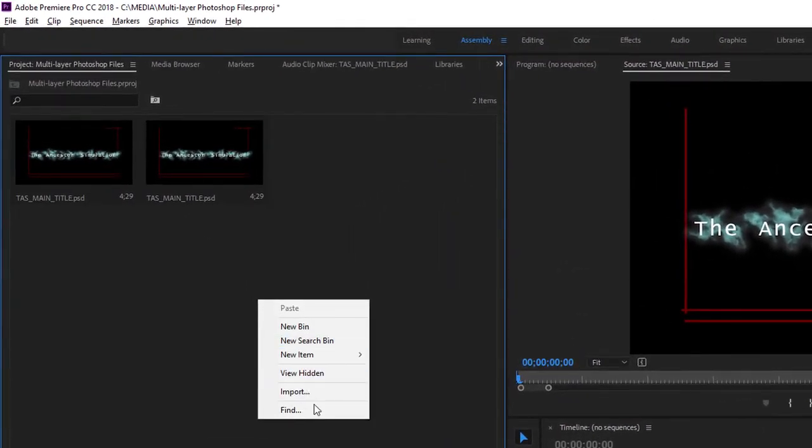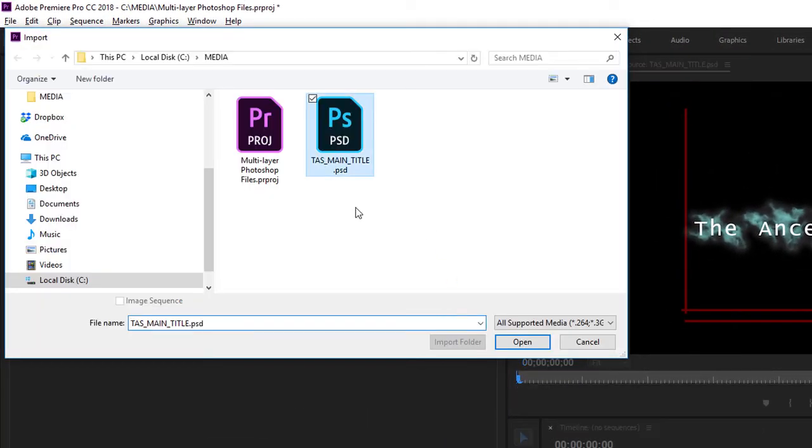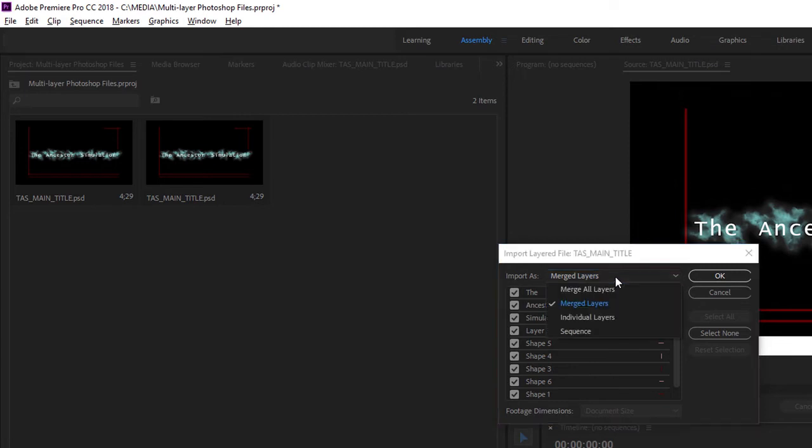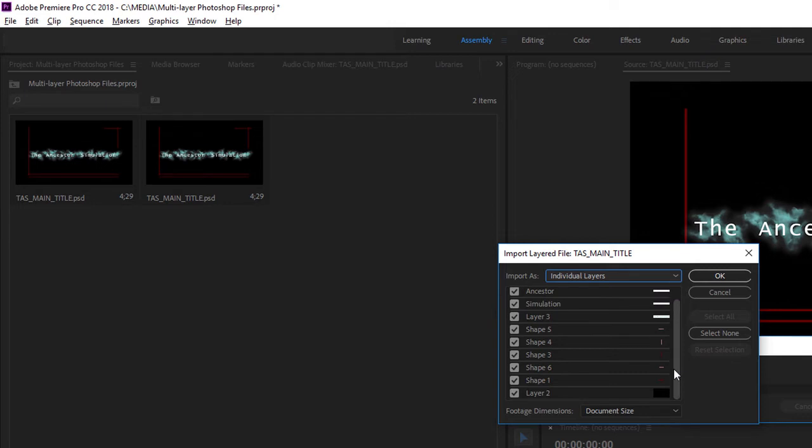Now I'm going to right-click again and choose Import, choose this document again, and choose Open. And this time, instead of the Merged Layers option, or the Merge All Layers option, I'm going to choose Individual Layers. When you import individual layers from a Photoshop document, each item comes in as a separate clip. So again, here, I might as well keep that layer 2, but I've got an additional option here, the footage